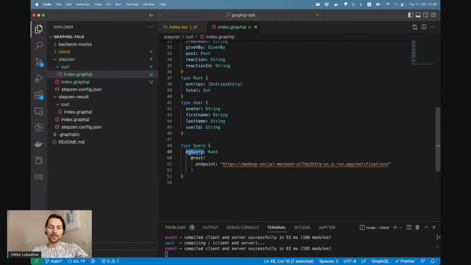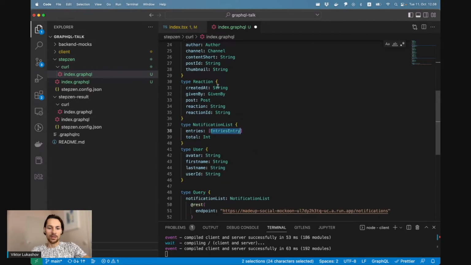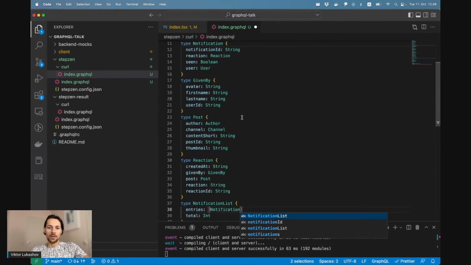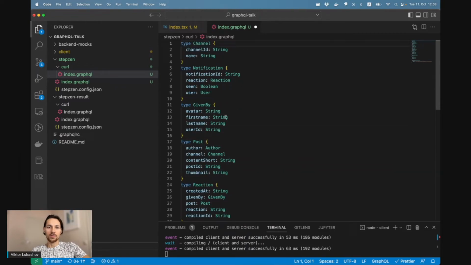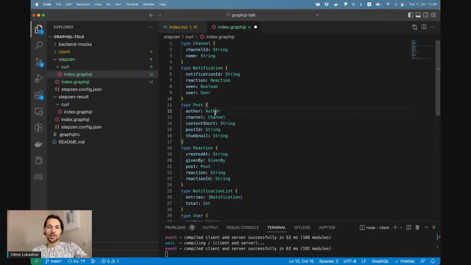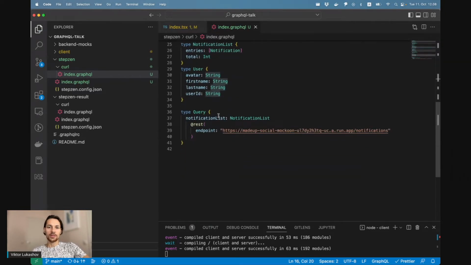I'm going to call this notification list, and instead of saying this is a root, it's a notification list, and then instead of entry, it's a notification. Now, there are also some duplicates that I'm going to remove here. Instead of author and given by, I'm going to use just the user type, because that's essentially all users. And this is now a little bit cleaner.